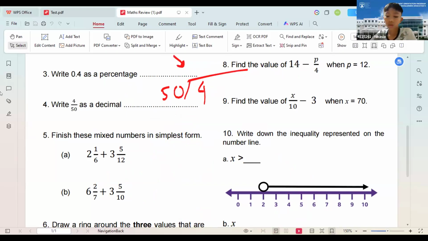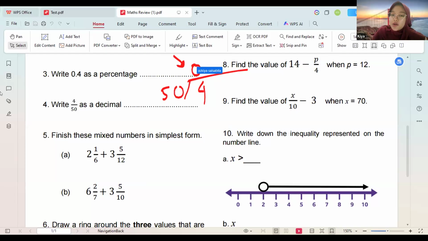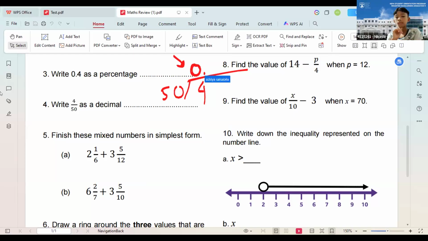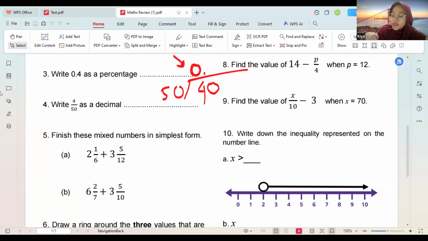0. 0, and then after 0... if you add 0 here, why did you add 0 here? Because 50 can be multiplied by 4, so just multiply by 0. Okay, so if you add 0 and point, don't forget 0 and point. If you add 0 and point here, you need to add 0 after 4. Can 40 be divided by 50? No. Then you need to add 0 again. So you will have 400.